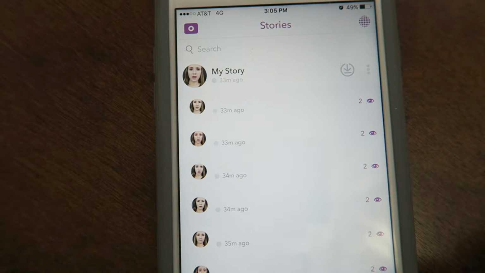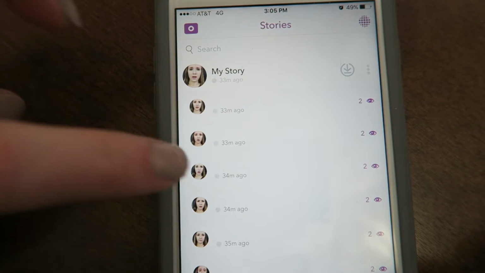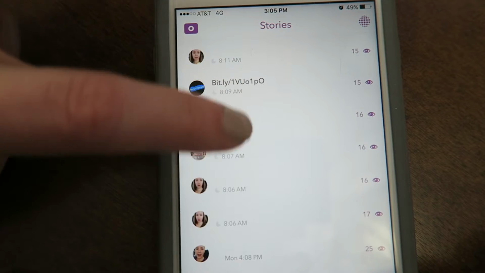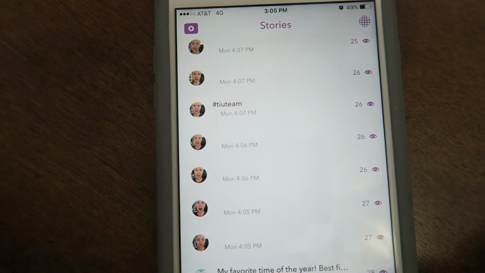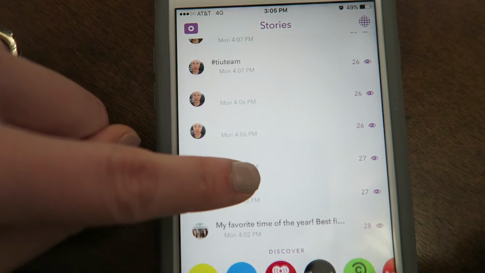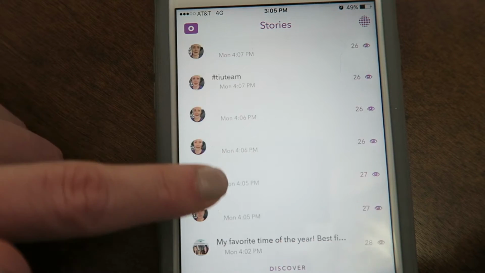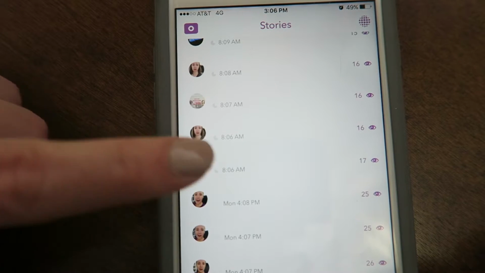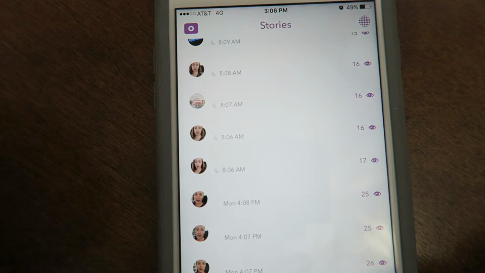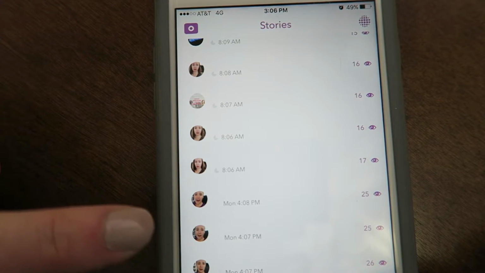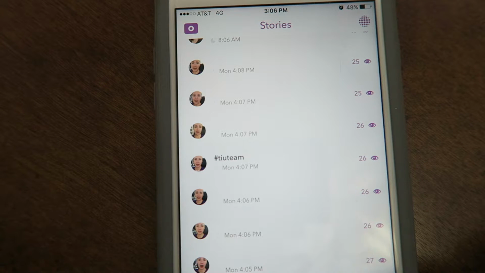To get the total story completions, you're going to want to wait about 24 hours to see how many people actually finished your story. So if you go down here to older snaps that I have, so this was yesterday's snaps. You can see 28 people started my snap. And then by the end of the day, right here was yesterday, 25 people watched this last chapter. You had 28 start and you had 25 in the end. So this would be your completion rate. You can see how many people are actually finishing your story.